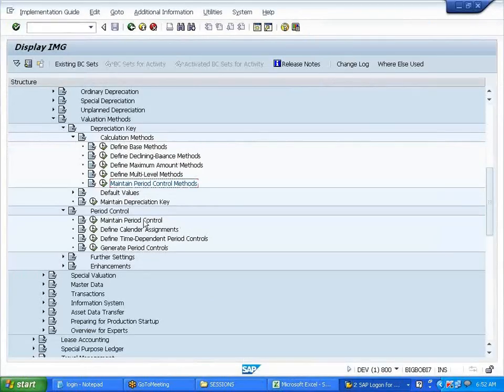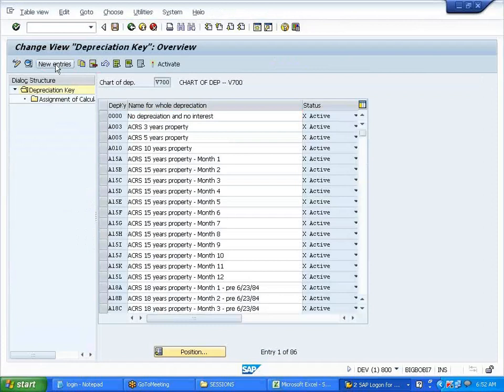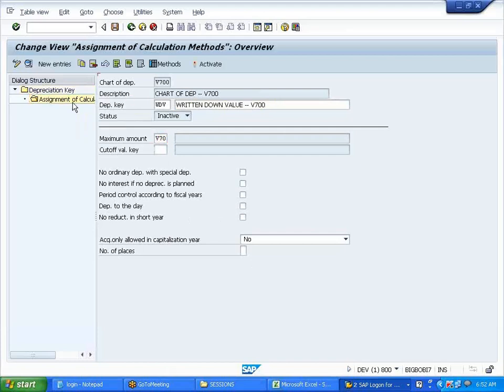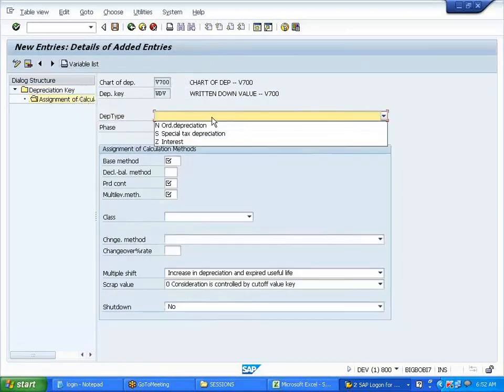So this is the one depreciation key I have defined, for SLM. Now I'm defining one more for WDV, written down value or diminishing value, whatever you call it. New entries. So I'll say here written down value, V700. Maximum method, assignment, new entries, ordinary depreciation, same thing.